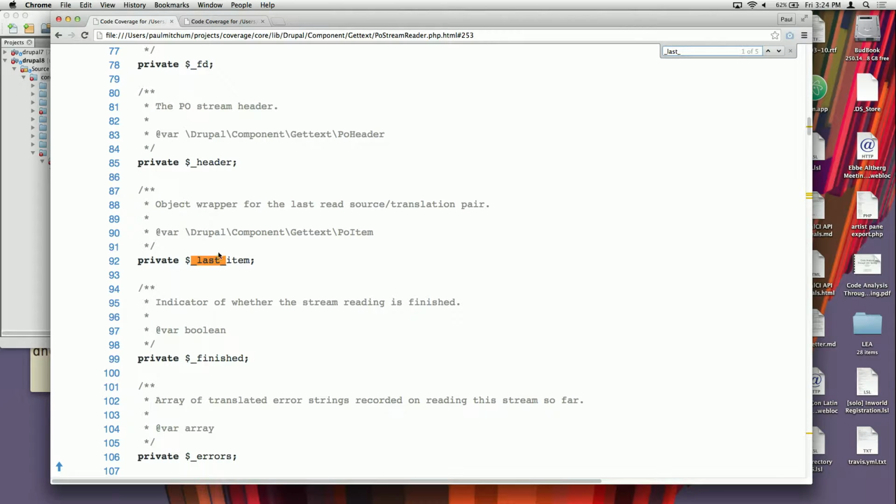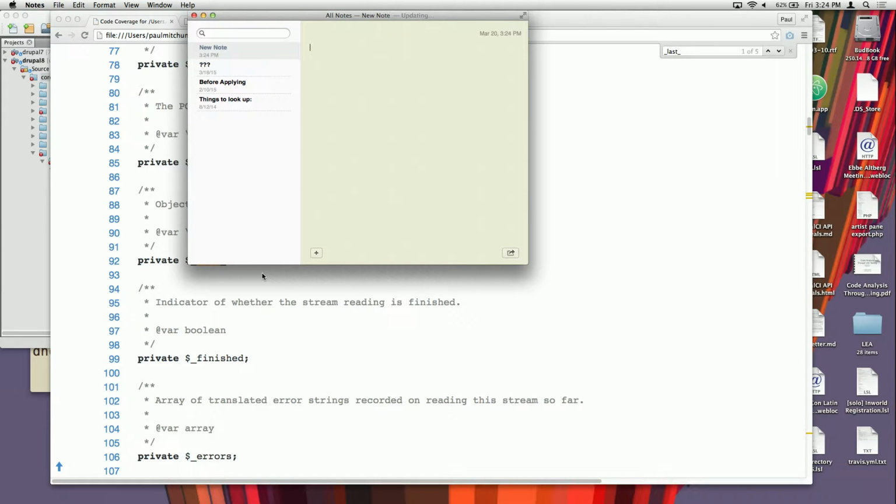Where is it? Last item. It's a PO item. So if we don't want to set up any mocking under PHPUnit, which we don't want to do at this point, the best way to understand this is we're going to call